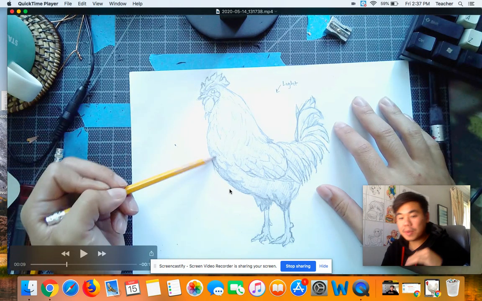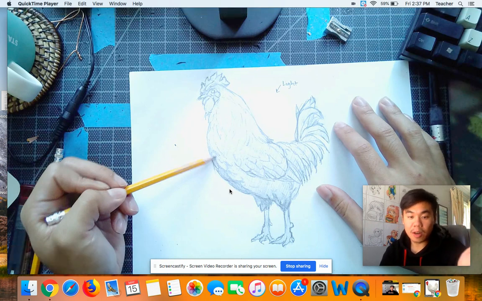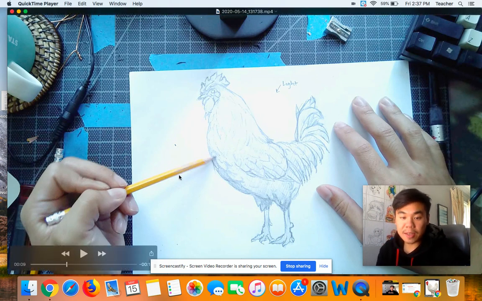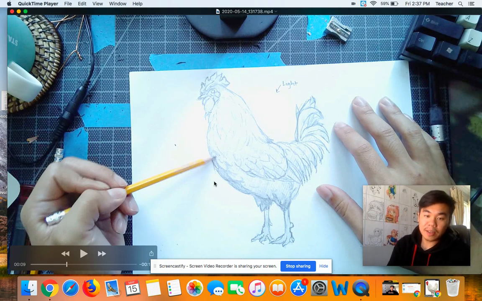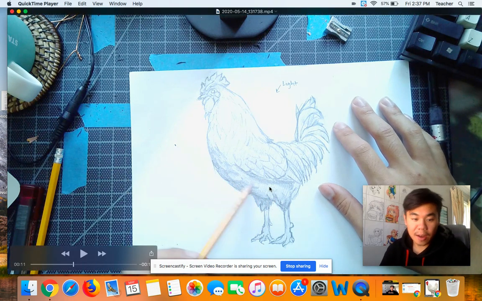Remember, same as last week's lesson 3. The shadows are going to be darker on the opposite side of the light source, right? Because the further away from the light you are, the darker it's going to be. That's why I start on the opposite side, directly underneath the torso and where the legs are. Right. So go ahead and fill that in and watch closely at how I am